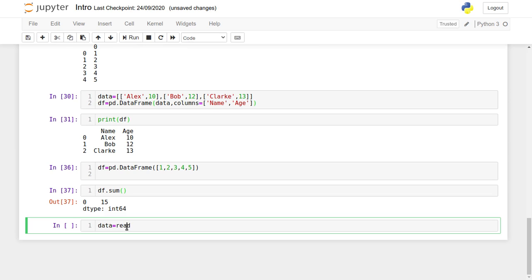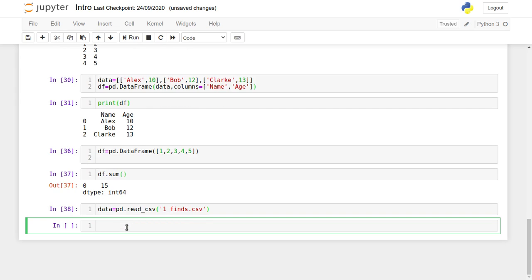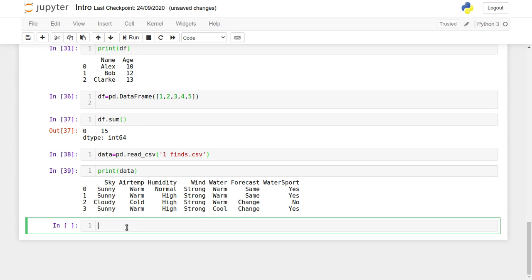So I can directly use pd.read_csv, and the name of the file is findes.csv. It takes the file name as the argument. Then I can print the content of this file using the print function. So this is how we can read the CSV file.